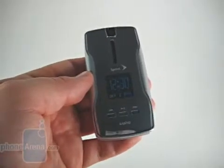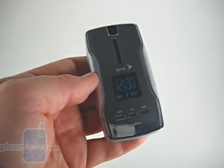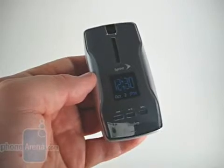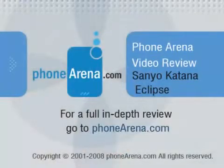However, they're charging $99 for this phone, which goes up against phones like the Razr 2, as well as the HTC Touch and Palm Centro, and the BlackBerry Curve. In our opinion, it's really just not worth the money, unless you're a Sanyo diehard and want their latest